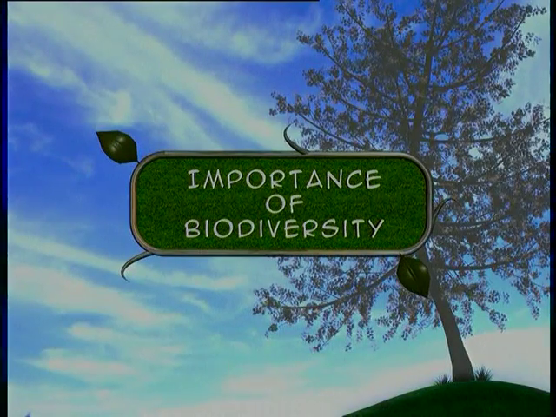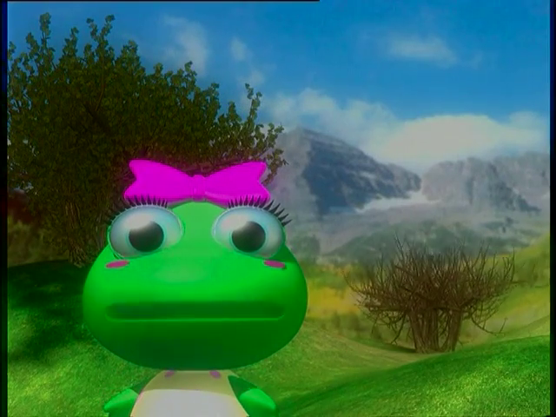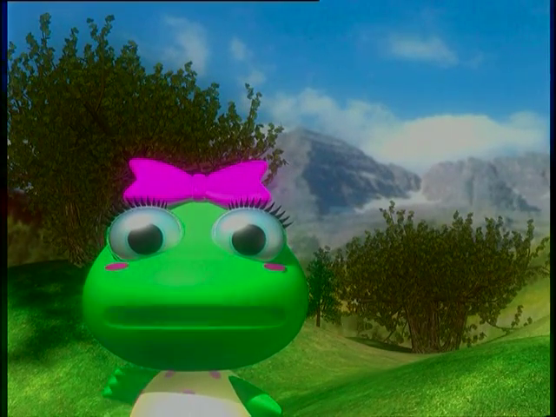Importance of biodiversity. Biodiversity is the diversity of living organisms. I may be a frog,